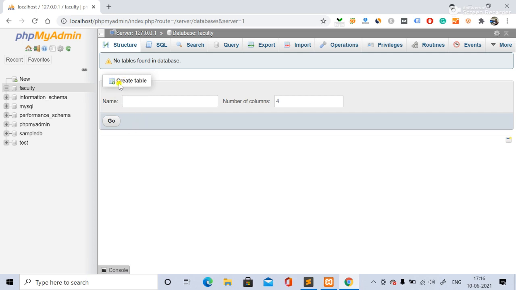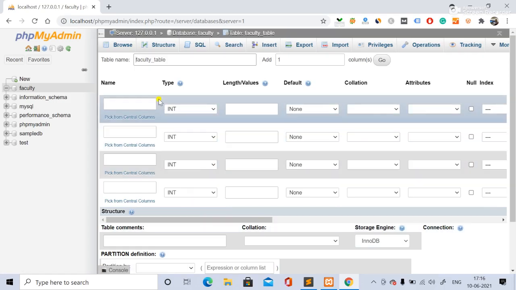Then inside that database you have to create the table. So now for the name, give faculty table like this. And the number of columns we'll make shorter so that you cannot be bored.